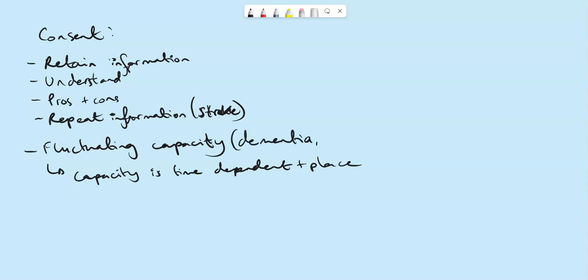So of course, at the time of intoxication, if they're high on drugs, if they're drunk, they probably won't be able to consent in that situation. I say probably because intoxication doesn't necessarily always affect your cognition. You might have a paracetamol overdose, so you're intoxicated with paracetamol, but you might still have capacity. So I'm talking about intoxication in the sense of something that would actually affect your cognition.